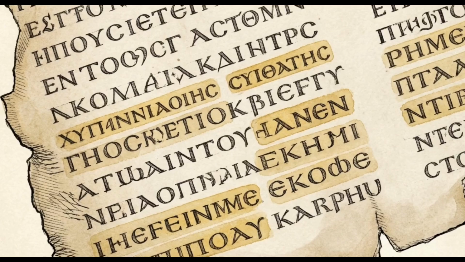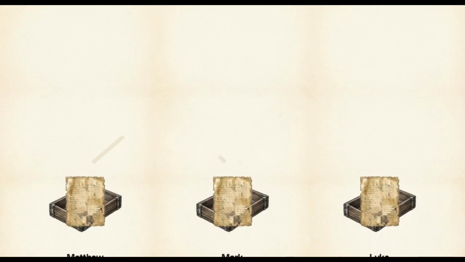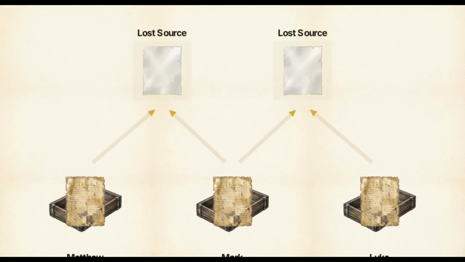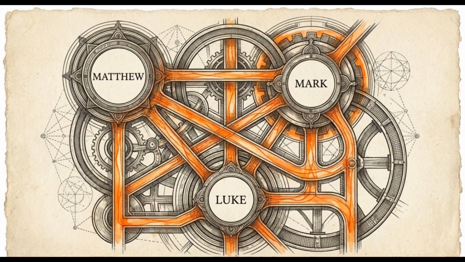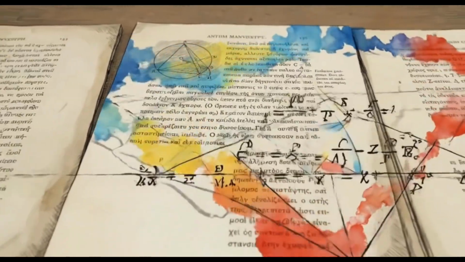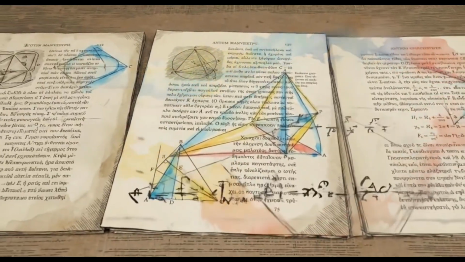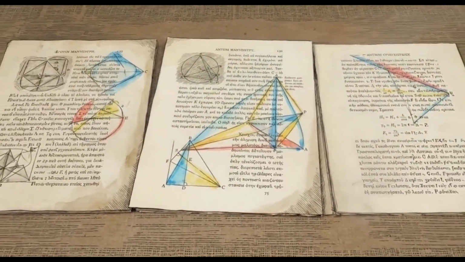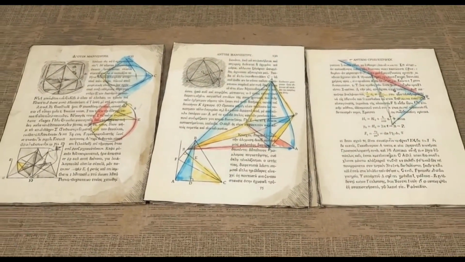To understand how they selected and arranged that data, we rely on source criticism, the analytical method used to map textual relationships and uncover the prior sources an author utilized. By applying this method, we can see that the Synoptic Gospels form a highly engineered, interconnected literary network. To understand the historical subject they are documenting, we must reverse engineer the exact mathematical and textual formulas these authors used to compile their accounts.